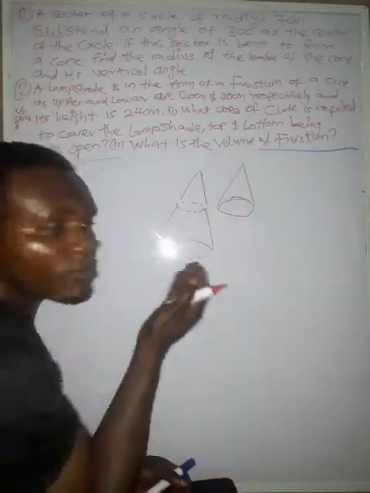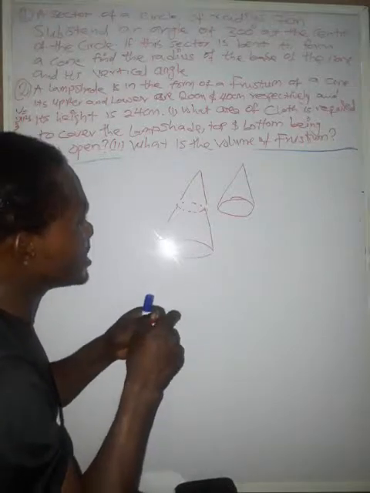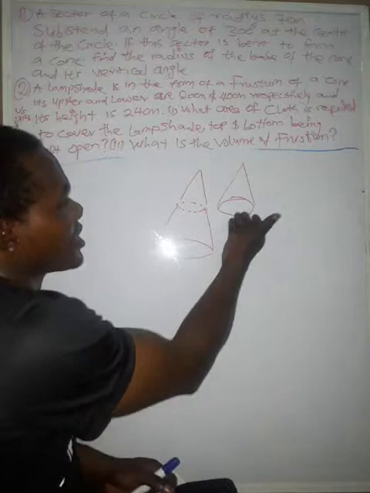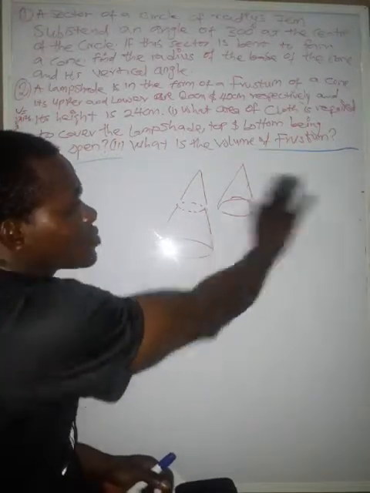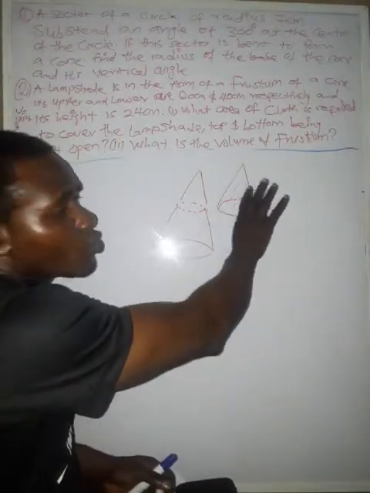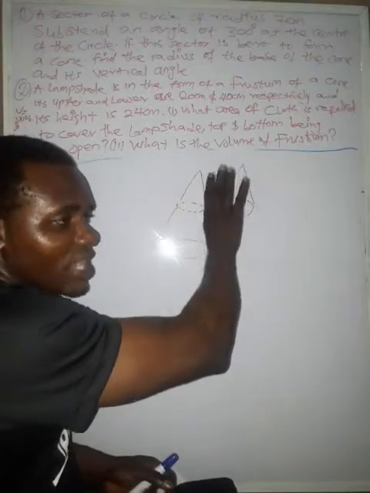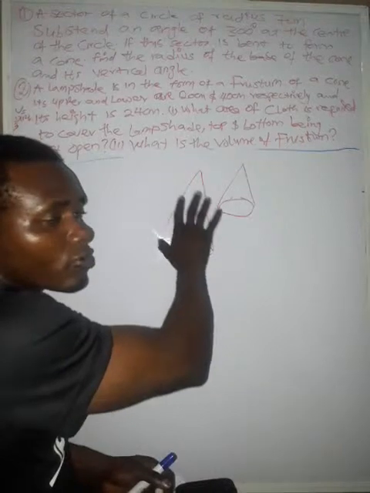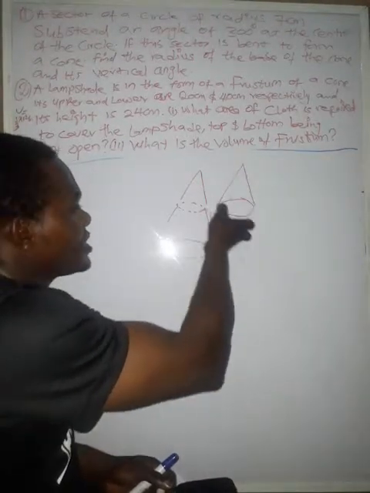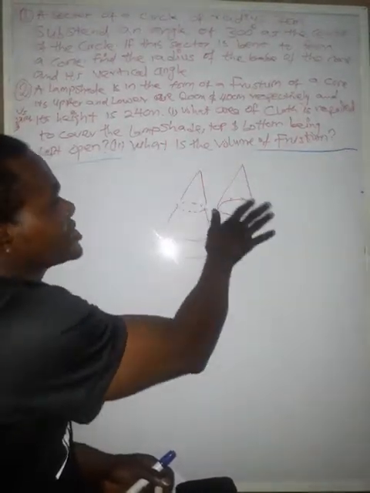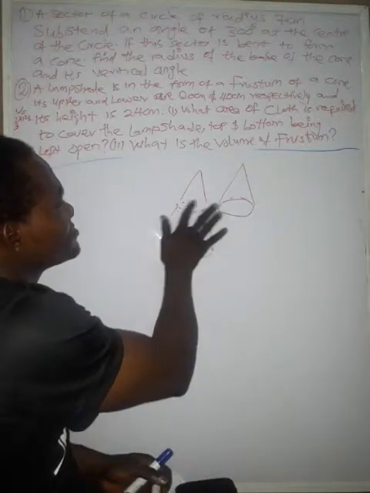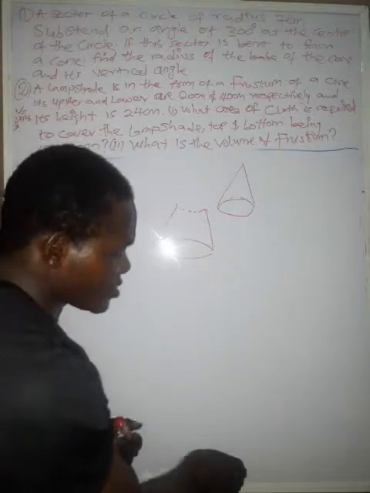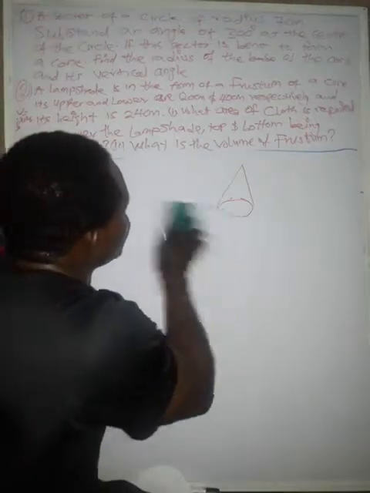So I'm having a frustum of a cone. So once I have it like that, I'll join it. I'll complete the frustum. Then I'll have it like this. So you do this one. This one now is a cone on its own, which has volume and area. Then this one too will have volume and area. So whatever I get here, I subtract from the total I get here. By the time I'm subtracting it, I'm removing this part. So which becomes the frustum. So I hope you get the little explanation I did there.